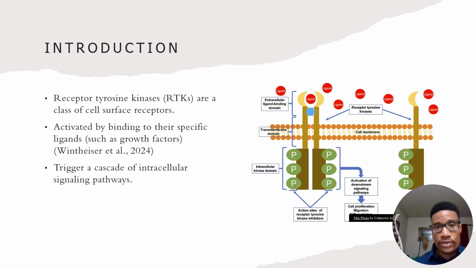So why are receptor tyrosine kinases important? Well, they're important for performing normal cell function. When a ligand binds with its receptor, tyrosine kinase, it phosphorylates, that means it adds phosphate on its specific site. This will trigger signaling inside the cell. And they also help in maintaining cell growth and development of tissues.